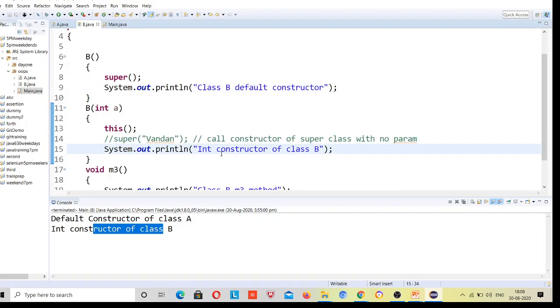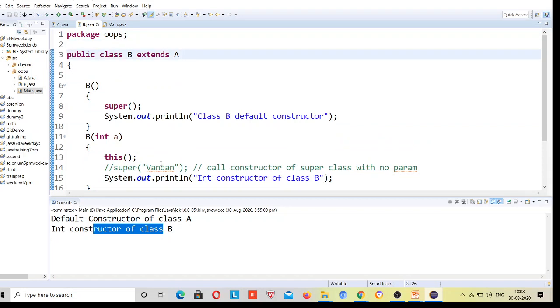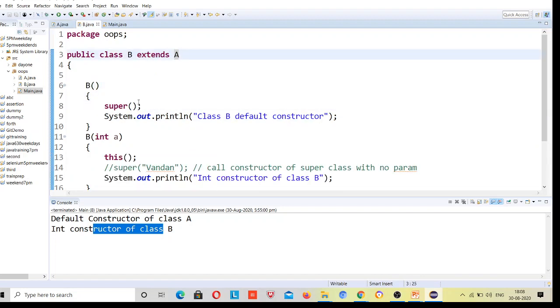So this was constructor chaining. We will need this in future. Next, this was single level inheritance. Now I have to perform multi level inheritance. Suppose class A has two methods, class B has one method.